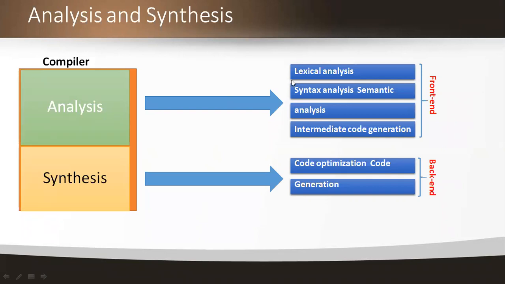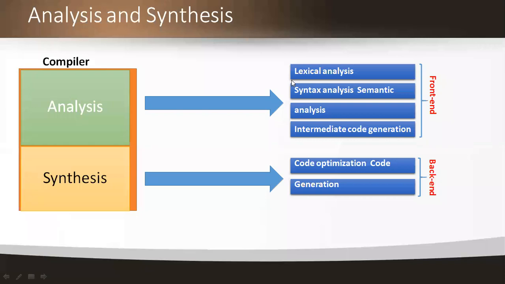And after performing the syntax analysis, what type of output are we generating? The output in the form of a hierarchical structure. Now this hierarchical structure is taken as an input to the semantic analysis. And what the semantic analysis will do is check the meaning of the source string. Whatever we generated in the syntax analysis is checked by the semantic analysis, whether everything is in the correct format or not, whether it may be type checking, type conversion, or anything else. By using semantic analysis, the meaning of the source string is determined.